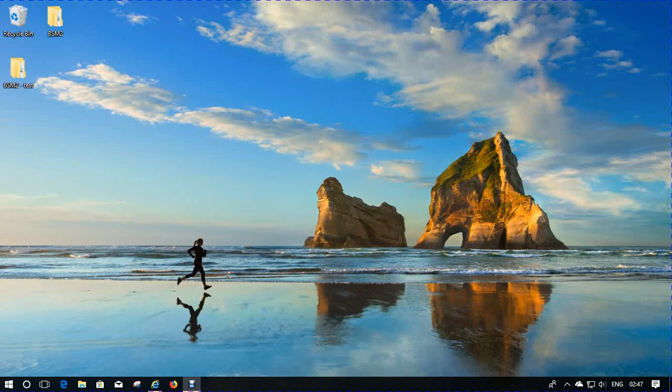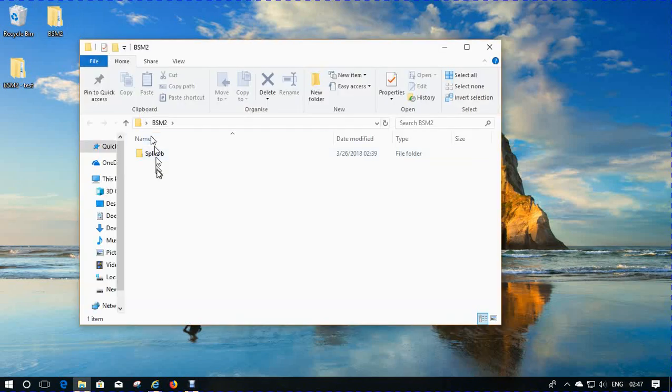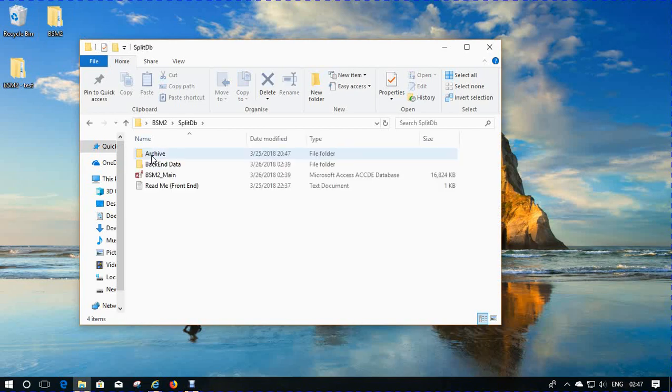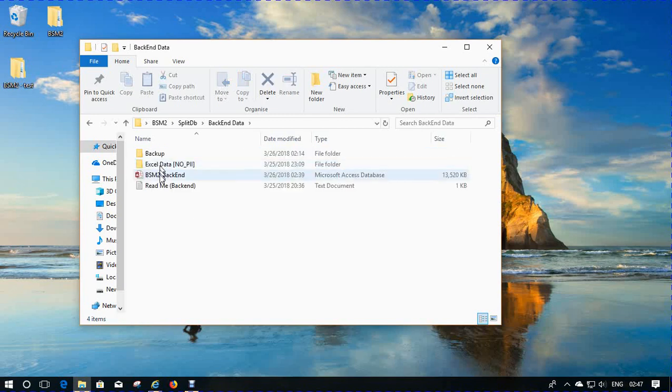Welcome back. I just want to briefly show you the major changes that happened with BSM2 this weekend. What you'll see is a folder called BSM2, and I'm going to click that on the desktop, and you'll see a split DB. So basically what happened is we split the database into a front end and a back end. Long story short, you'll have your front end here, and you'll have a back end here that has just your